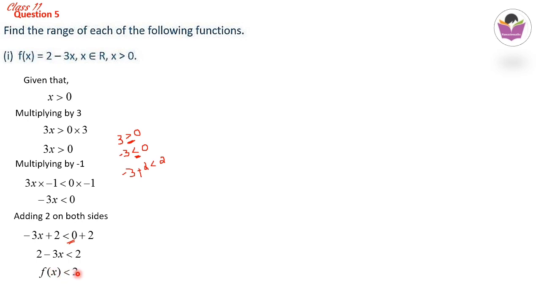So the range is less than 2. Smaller than 2 means, as I mentioned before, we will be starting from etc. and there will be negative numbers, minus 2, then minus 1, then next is 0, next is 1, and next is 2. But 2 is not included. Up to 2 will be coming. That means coming from infinity up to 2, but 2 is not included because here the equal to symbol is not there. That means the range will be open bracket minus infinity to 2. Open bracket, because we are not considering minus infinity, and 2 is also not included. That's why open bracket minus infinity, 2.